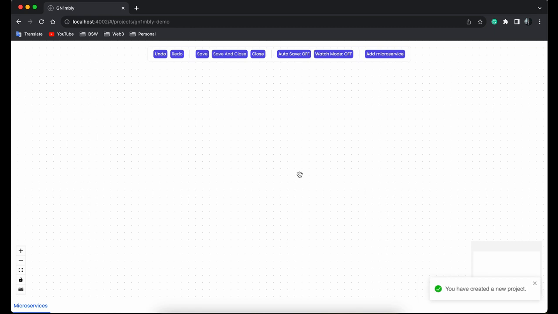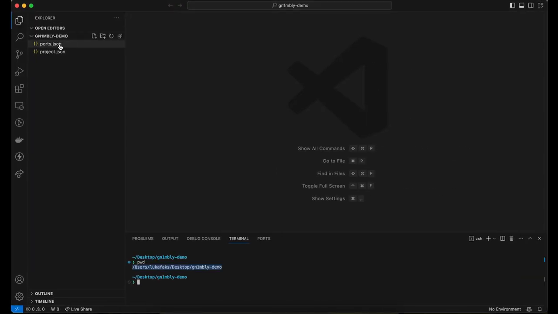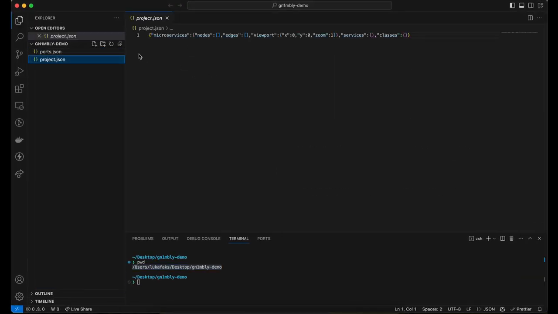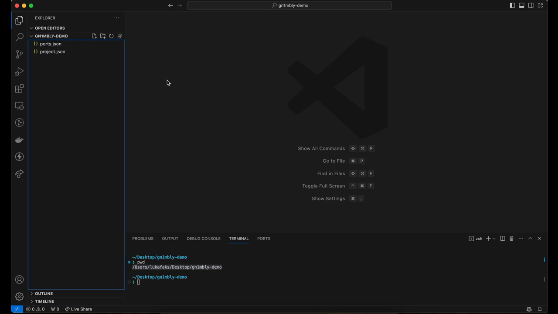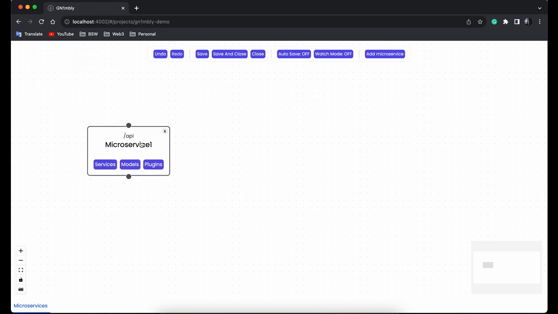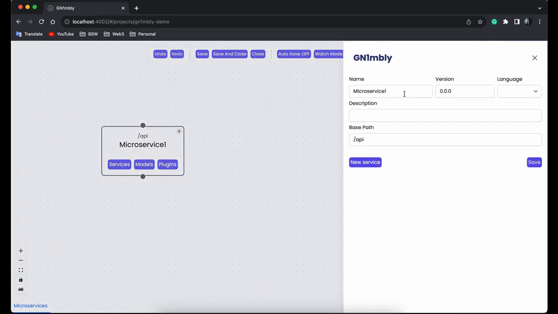So yeah, the project is created. You can see that in here we have project.json and ports mapping. These are just utility structures for the tool to work correctly. And yeah, you have this view, which is kind of like a diagram. And in here you can create microservices. So let's create an example microservice, which is like auth